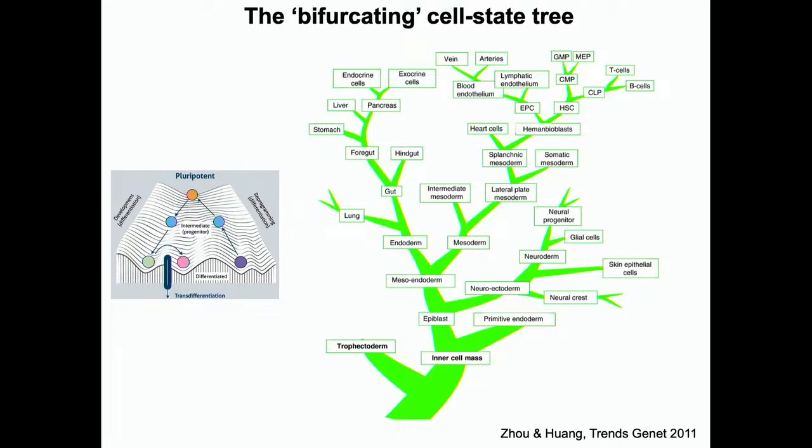So here a ball is representing a cell fate, and this landscape here is representing the cell fate trajectories as they progress in time in general, right? So a ball rolling down and ending up in one of these landscapes means that a so-called pluripotent cell has chosen one of those paths of differentiation.